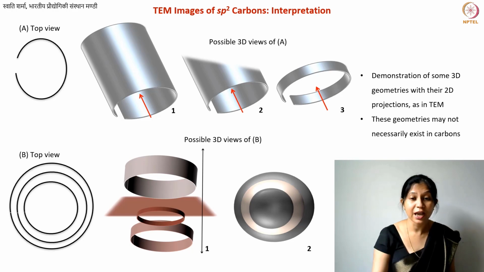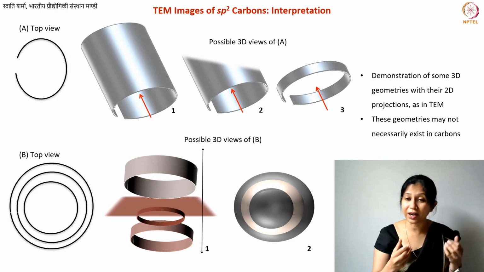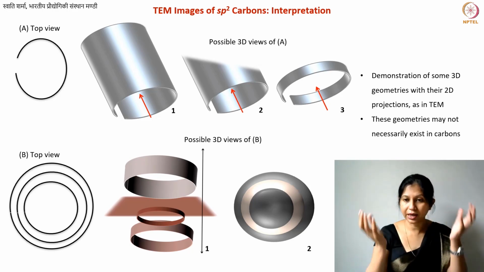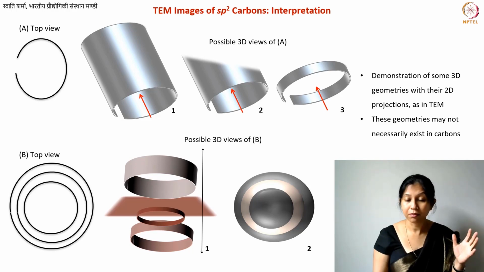Or similarly, if you have three concentric particles, so you have these carbon particles or carbon onion-like structures, even they will look like this. So these are one sphere, and then on top of them another on top. So these are basically multi-layer particles. All of these are possible. So the point is that the projection itself may not be sufficient. You should know other things about the material.